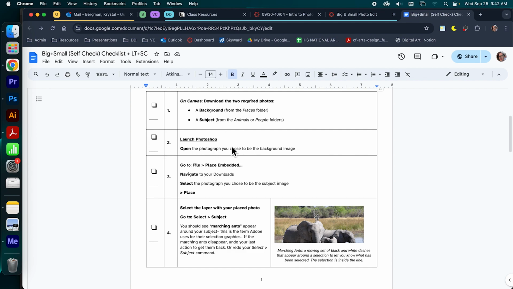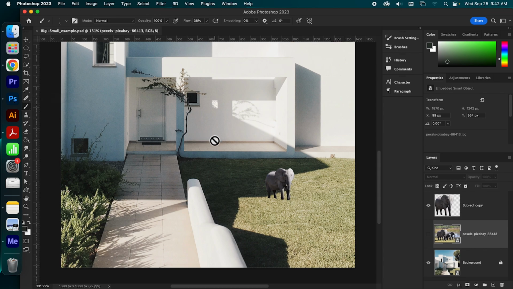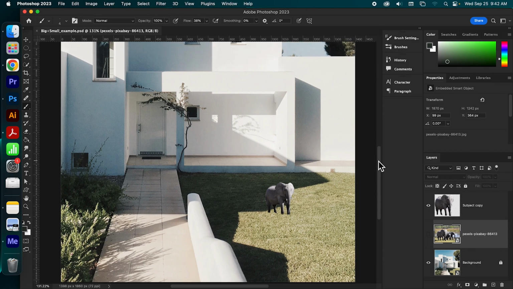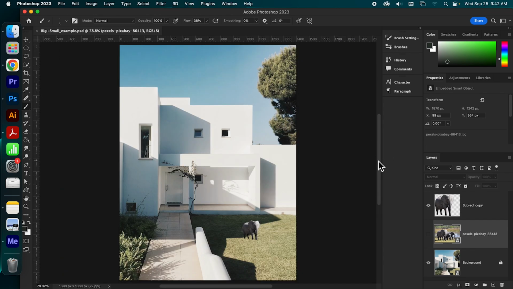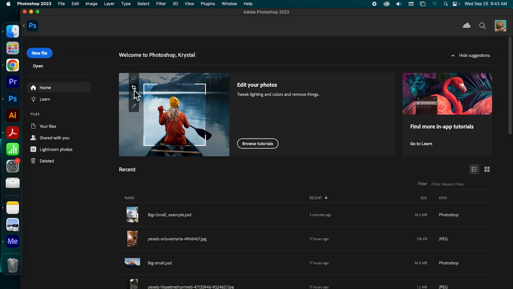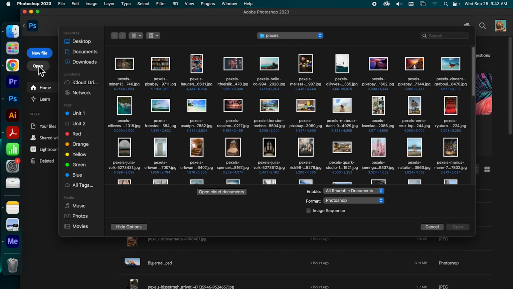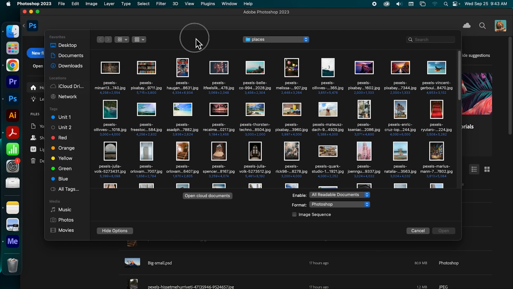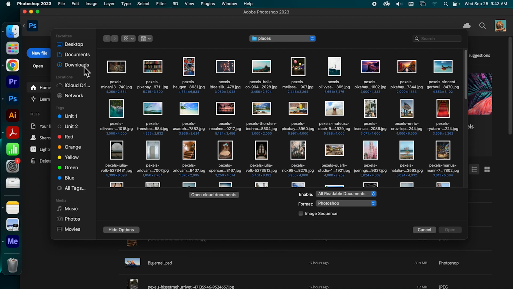Step 2, launch Photoshop. So I have here the finished version of the photo that I did. But I'm going to go ahead and start from scratch. So I am going to open. Yours will probably be in your downloads.